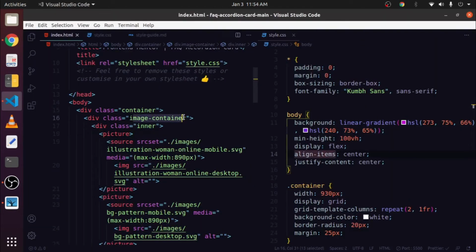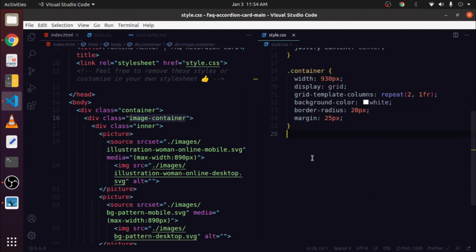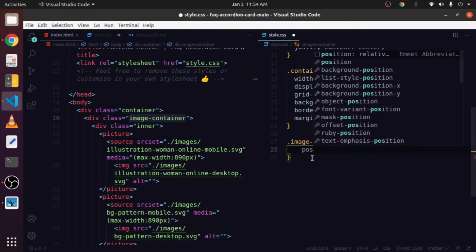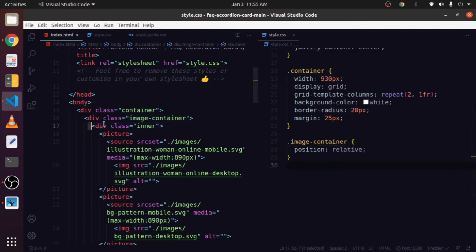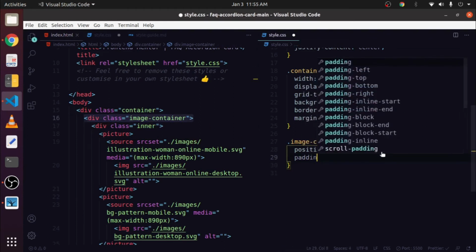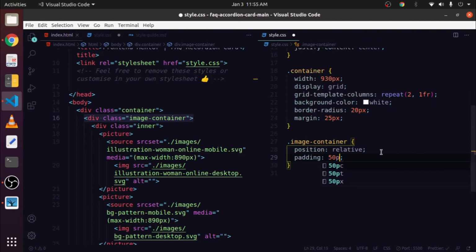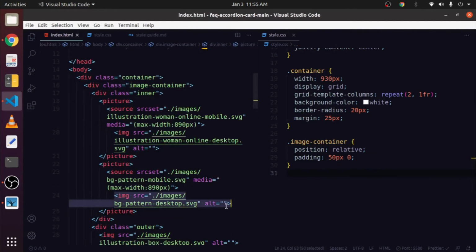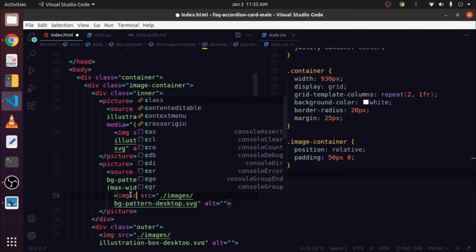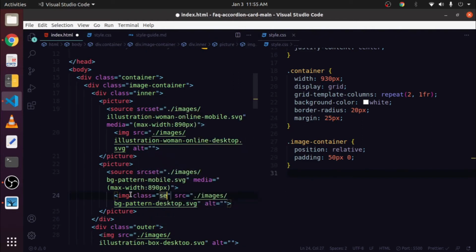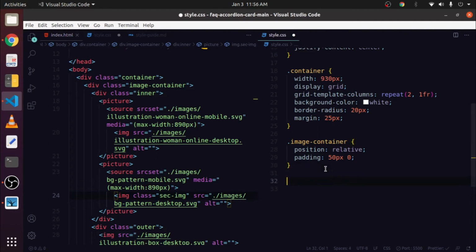Now style this image container, so copy it and then give it a position of relative so we can easily position this inner div inside this image container, and then give it a padding of 50 pixels top and bottom, and left and right give it 0, and after that give this image tag a class of secondary-image like this, and then select this class over here.